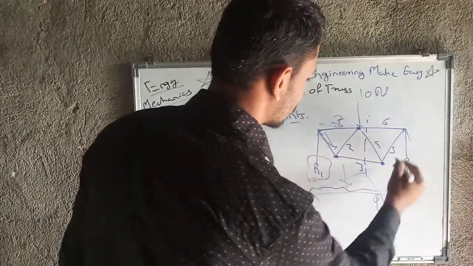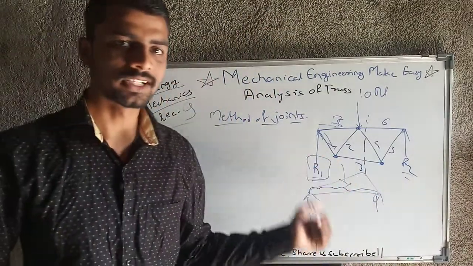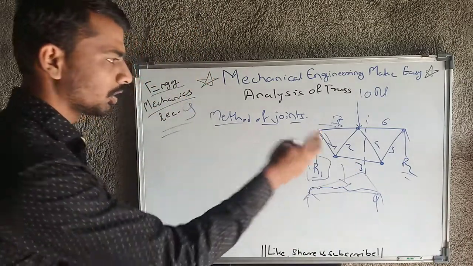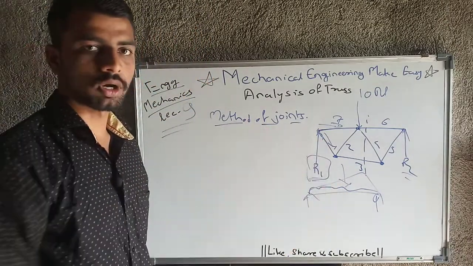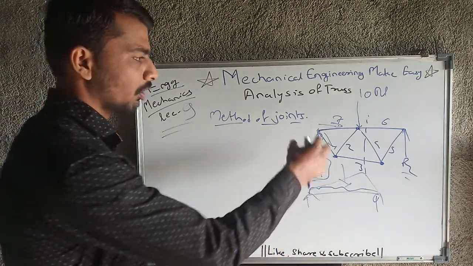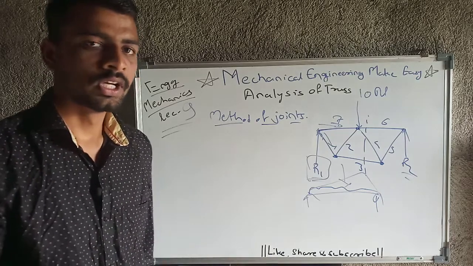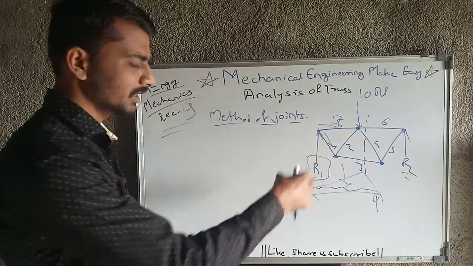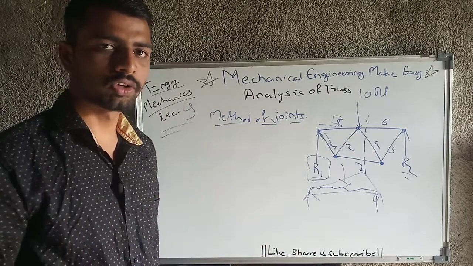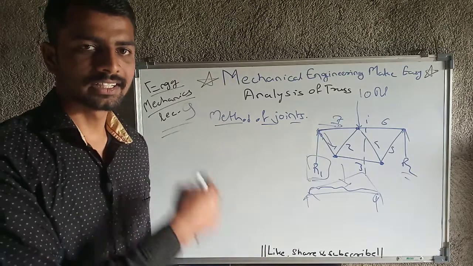According to that, we will consider all the joints and draw the FBD for all the joints, okay. After that, we will get to know that at all the joints there will be some unknown forces and some known forces. So firstly, we need to consider the joint which has a maximum of 2 unknown forces, because we can calculate a maximum of 2 unknown forces at the first joint only.